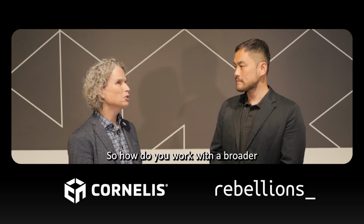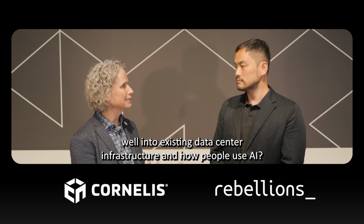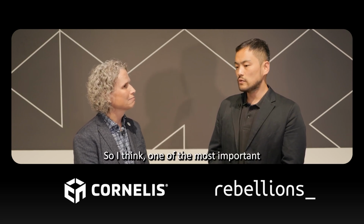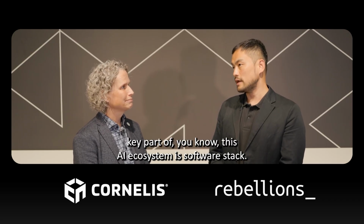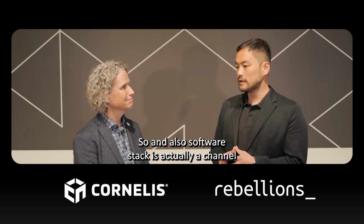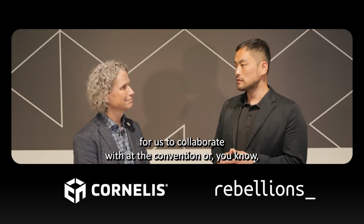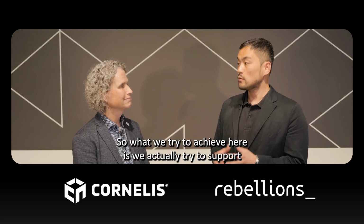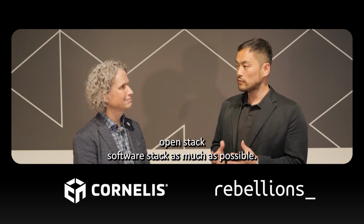Gotcha. So how do you work with the broader ecosystem? Like how do you make sure that you integrate well into existing data center infrastructure and how people use AI? Got it. So I think one of the most important key parts of it is the AI ecosystem's software stack. Software stack is also the channel for us to collaborate with the conventional infrastructure players and the programmers there, right? So what we try to achieve here is to support the open-source software stack as much as